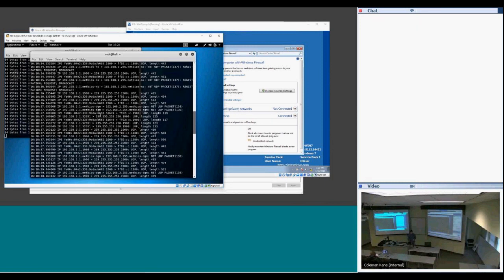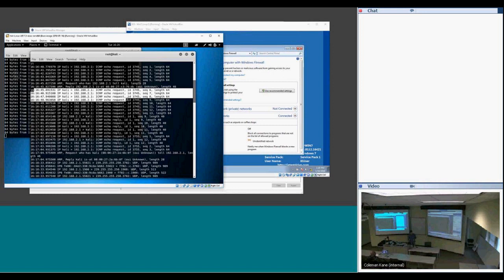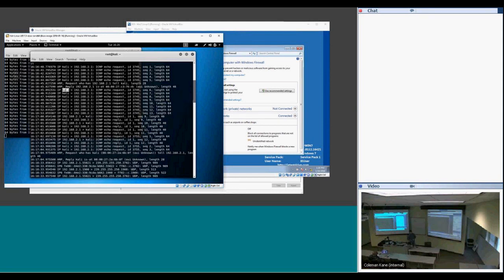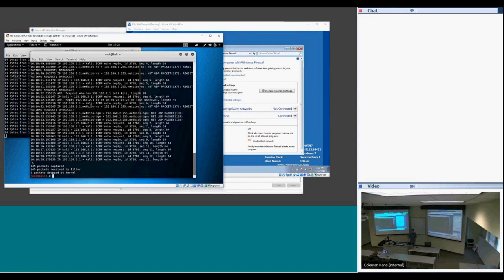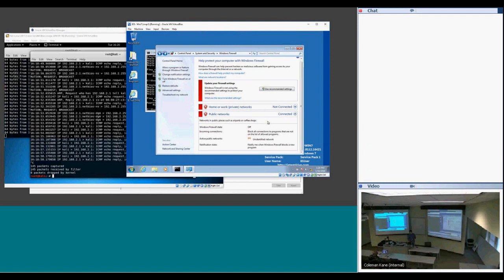So that said, I'll go back up here and show you what it was looking like before. When it was failing, when ping was not displaying any results, what was happening was my Kali VM would try to send the packet to the Windows VM, and then it would wait for a little bit, and then it would try to send the packet again, and again, and again. So if you're seeing behavior like that, there's a very strong likelihood that some sort of firewall in the lab machine, like this, was